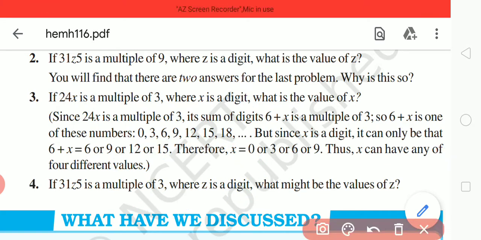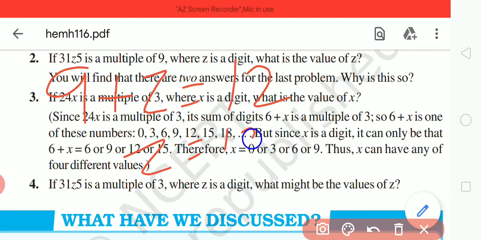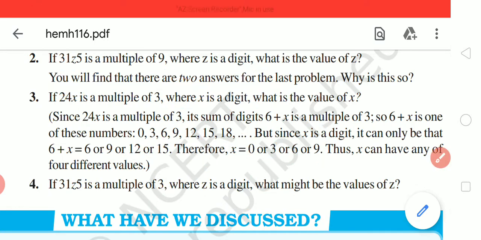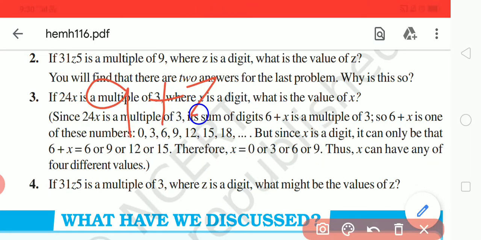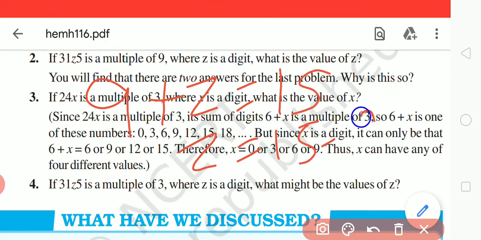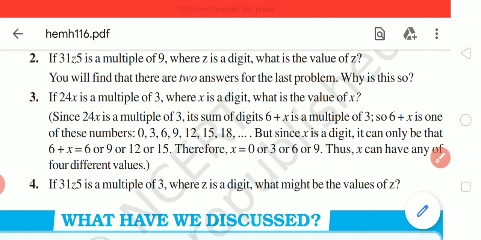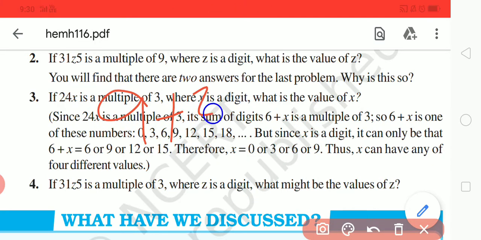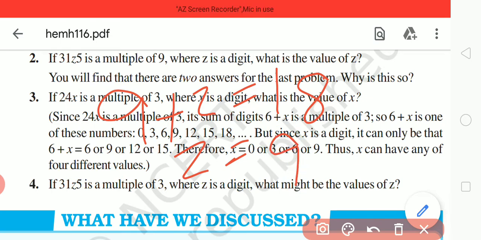Take the next possibility, 9 plus z equal to 12, then z equal to 12 minus 9, that is 3. So it can also be possible, the value of z is 3. Now let us take the next value, 9 plus z equal to 15, then z is equal to 15 minus 9, that is 6. So it can also be a positive single digit number, so it is possible, the value of z. Then 9 plus z equal to, let me take 18, then z is equal to 18 minus 9 is 9, so it is also a single positive number, so the value of z can be possible.